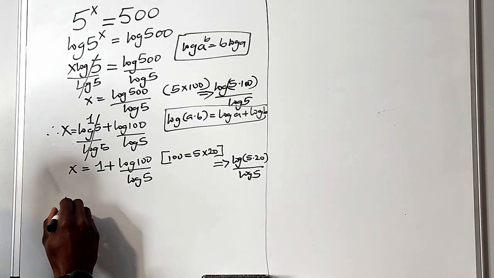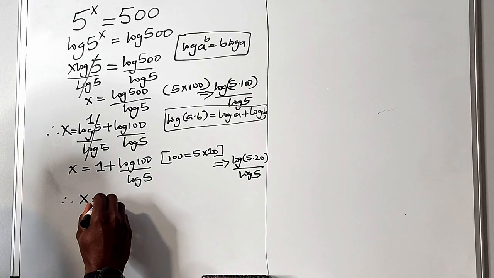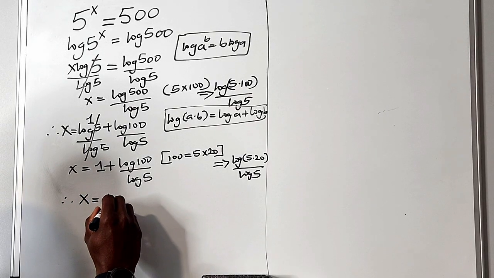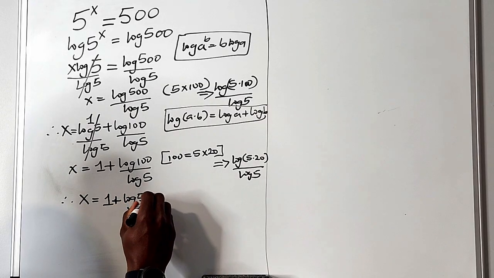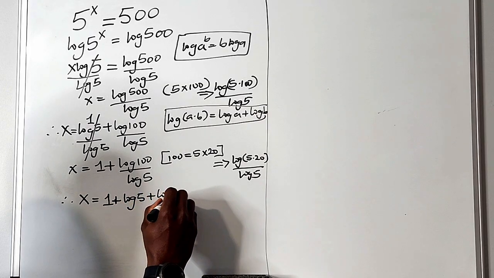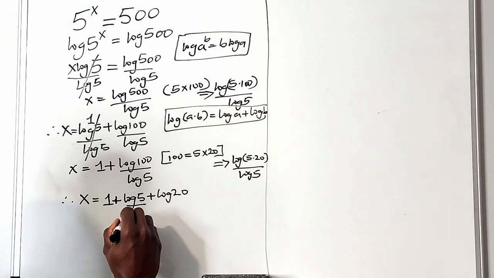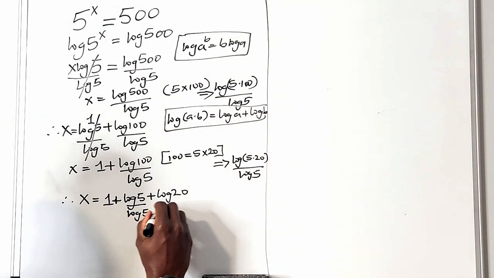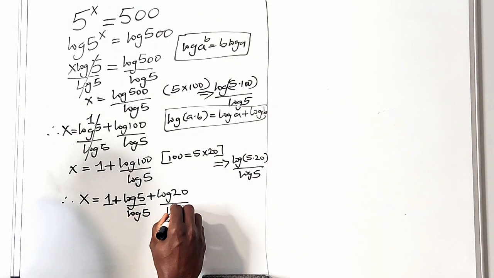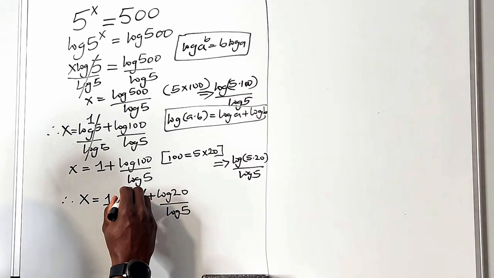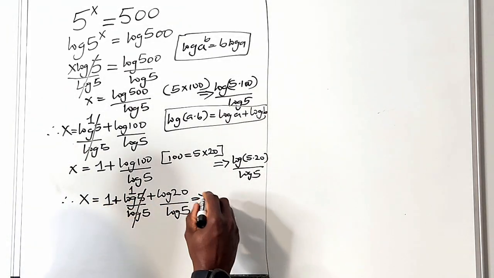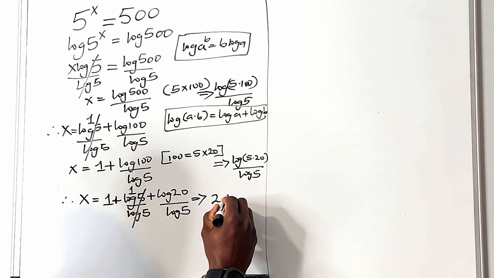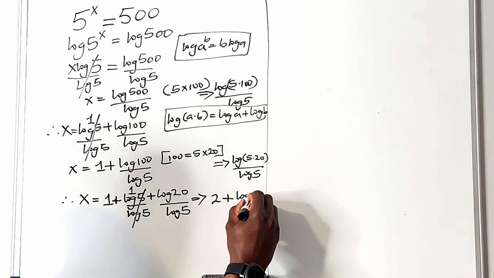So now we have that x is equal to 1 plus log 5 plus log 20, divided by log 5. So therefore we have 1 plus 1 becomes 2, plus log 20